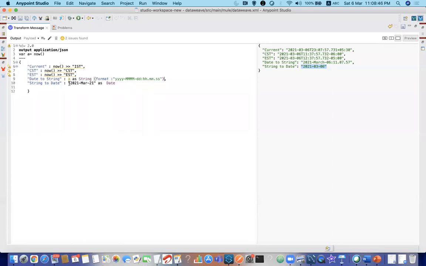There are epoch dates also. I don't know whether I can have an example. Let me copy this. So this is a string as date time, as number. This is something we call epoch time. If you guys have encountered this, sometimes you will be getting something like this.